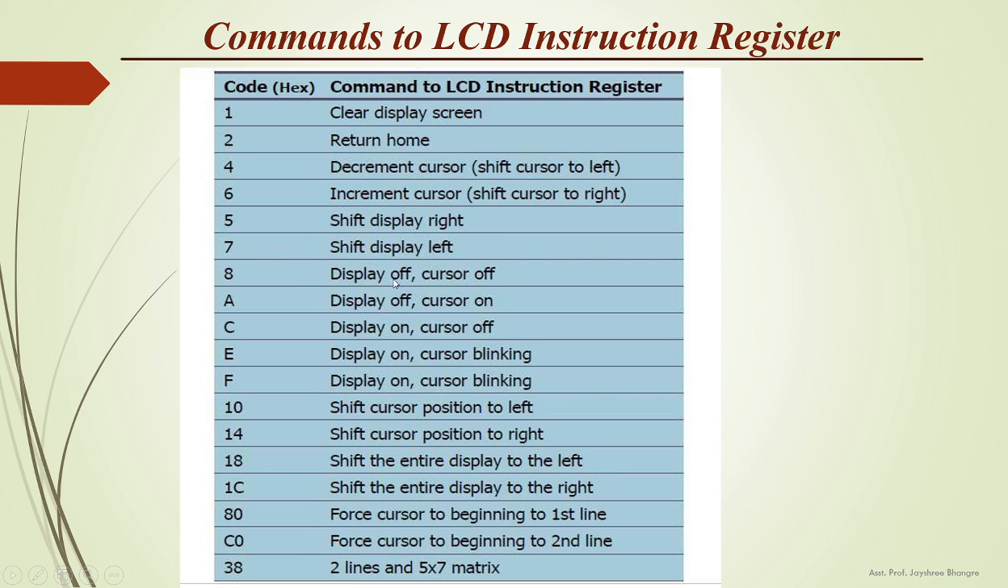8H is used for display off cursor off. AH is used for display off cursor on. CH is used for display on cursor off. EH is used for display on cursor blinking. FH is used for display on cursor blinking. Then 10H is used to shift cursor position to left,